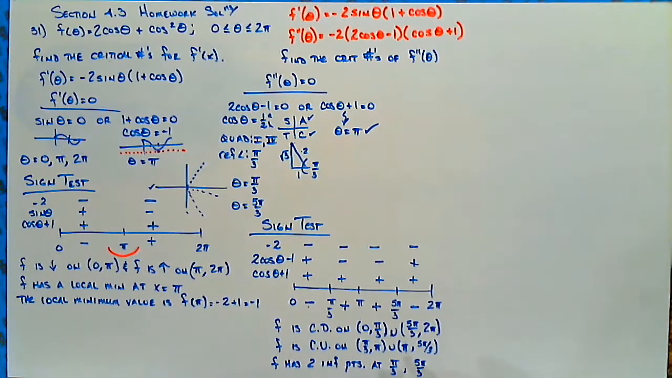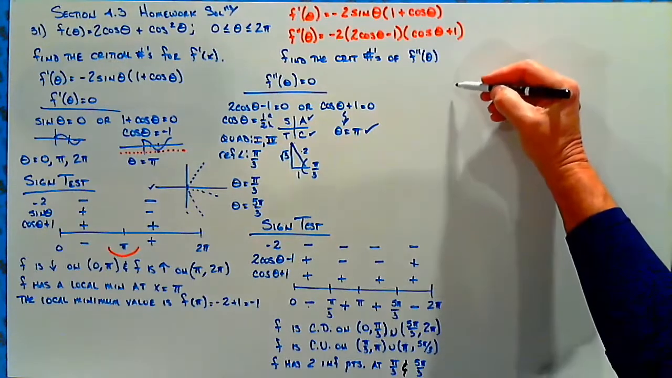Now, let's put an and in there. So what was the last thing they asked us to do in problem 31? Well, in problem 31, they said use this information to sketch a graph of our curve. Now, I'm going to do the graph right over here. Okay, so